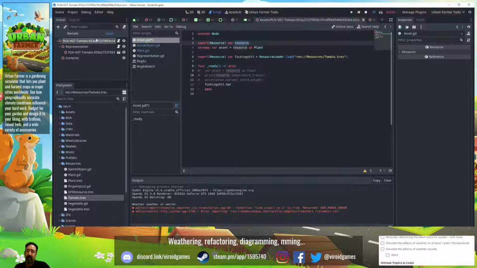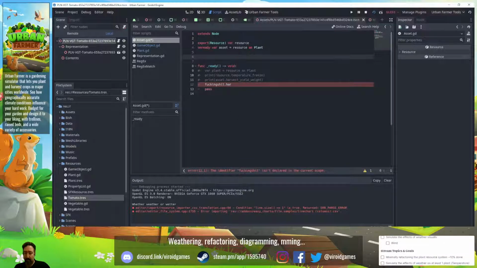In other words, we won't really tell this asset what to do with the resource. The resource will take care of itself. So even this is sort of counterproductive as well. So for now,